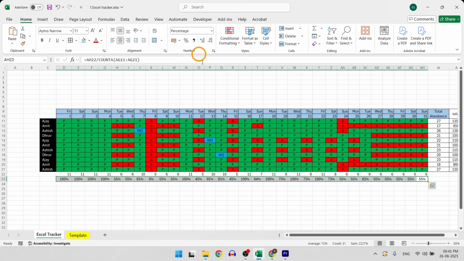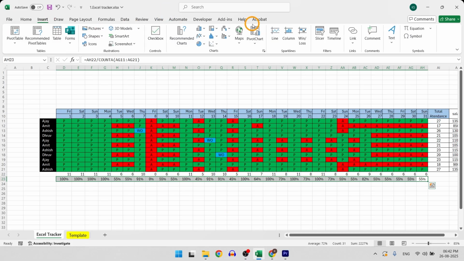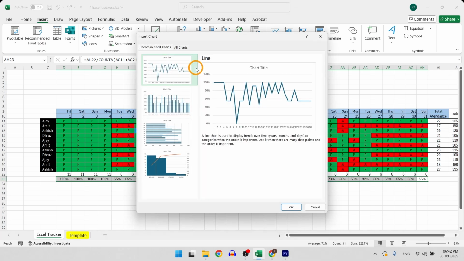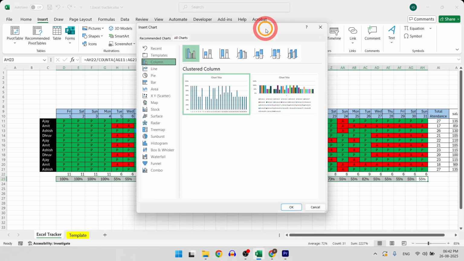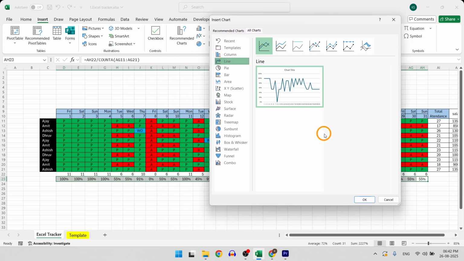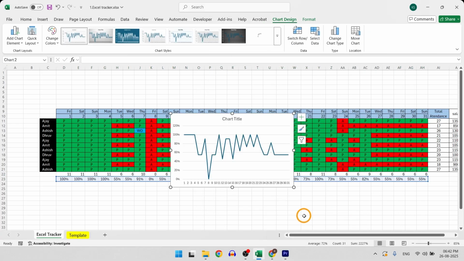Now let's add a chart. I will select these values, go to insert tab, go to recommended charts, and I'm going to insert a line chart. So I will pick a line chart. At first it doesn't look great, but let's format it.